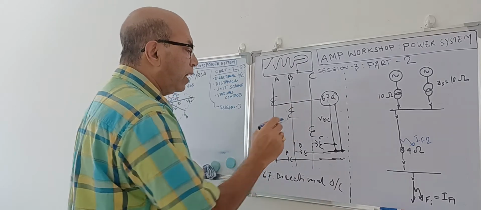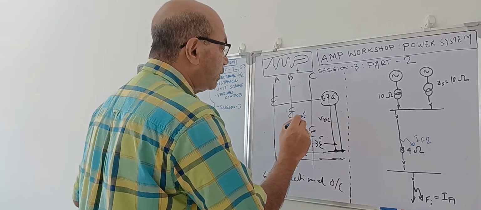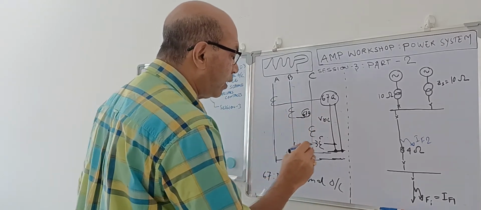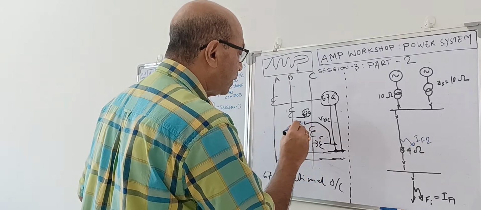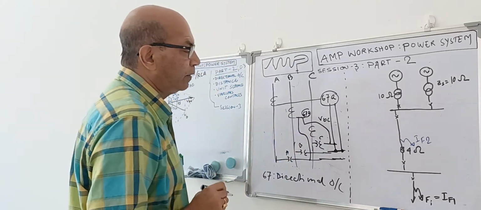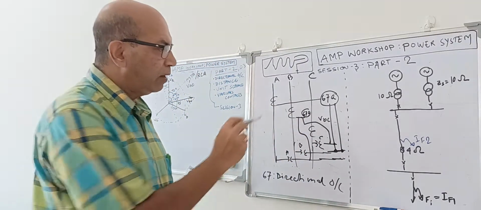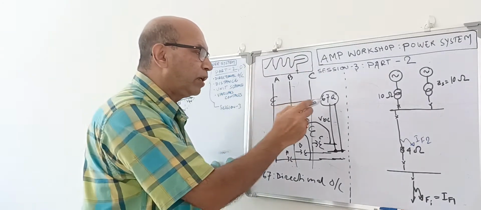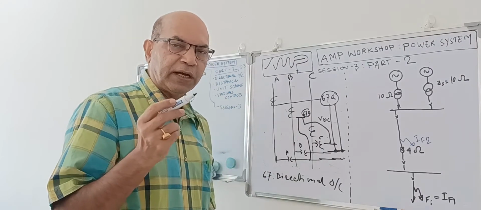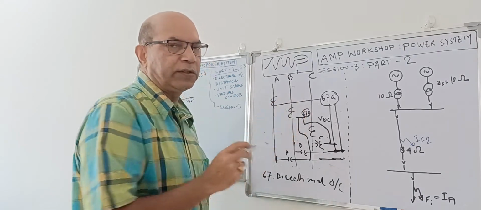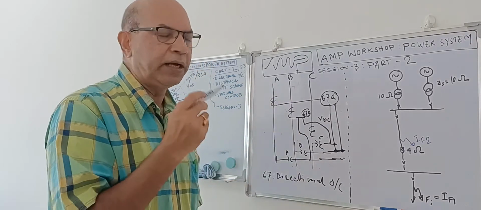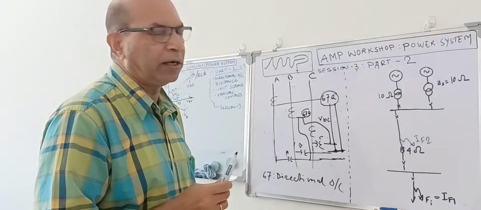Similarly, when I connect this, suppose this is a 67B relay, it takes B phase current, and here we will take the voltage from C phase and A phase. This voltage will go to the relay. So this way cross reference is given. When we give this cross reference voltage, it will give the restraining. That means the relay will sense the current, but it will not operate till the voltage is in the proper direction. So by giving this voltage, we can make the relay directional. That is the way this directional relay works.